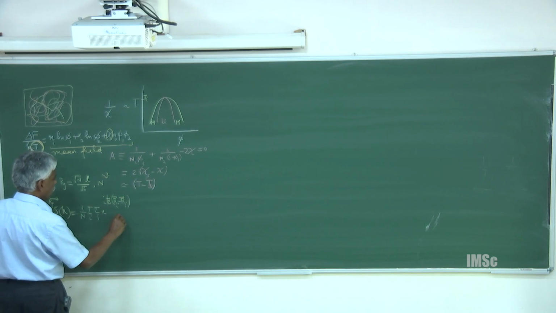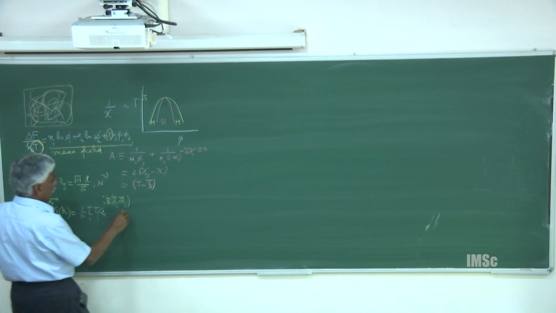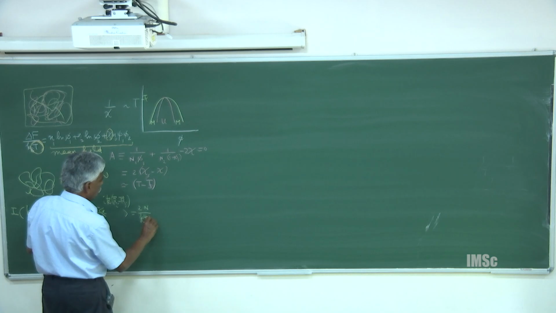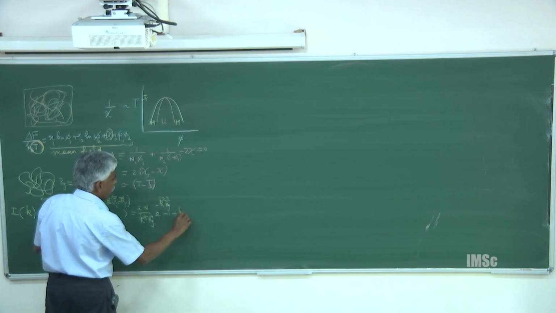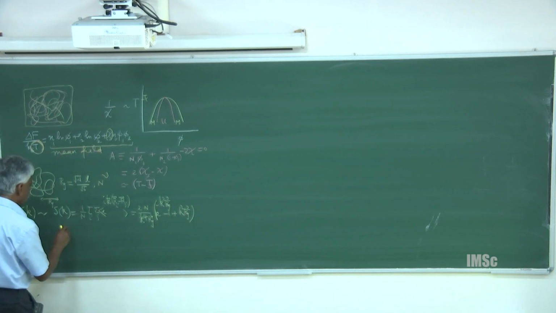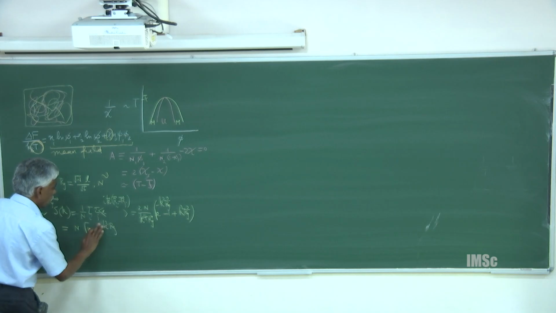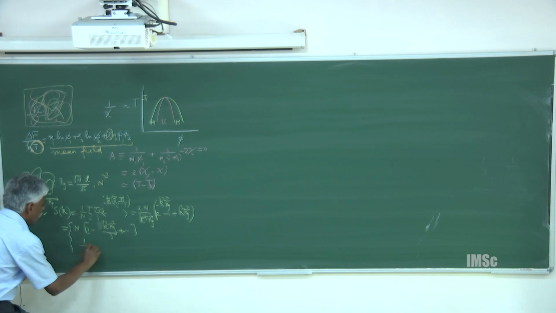But the important thing is, this is averaged, because this is all dancing around. This turns out to be equal to 2n over k to the 4 Rg to the 4 times e to the minus k squared Rg squared, and so on. You have it in your notes already, so you don't have to copy it again. But the important thing that comes out of this is that this goes like n times 1 minus 3 k squared Rg squared by 3, plus etc., or 1 over k squared.